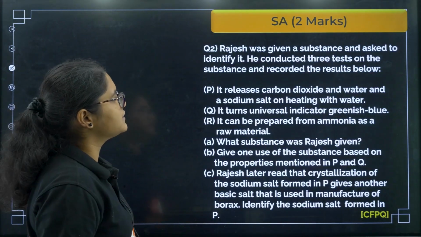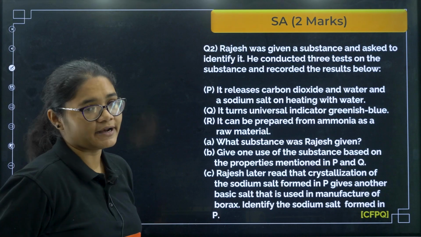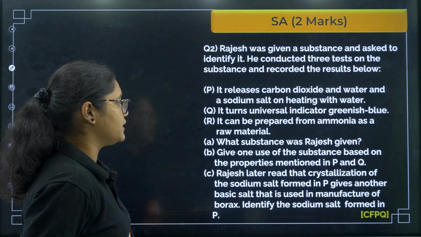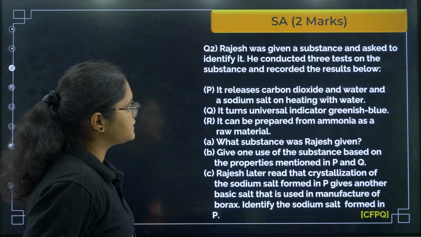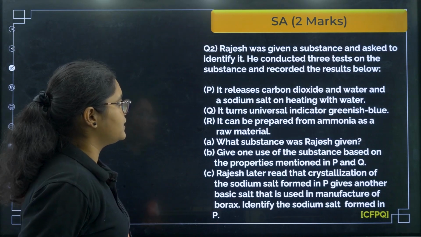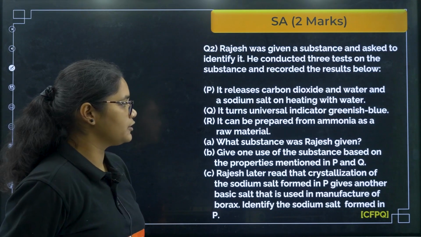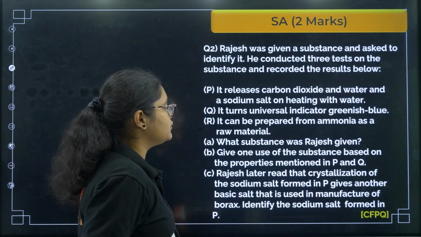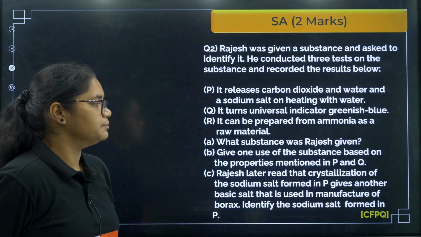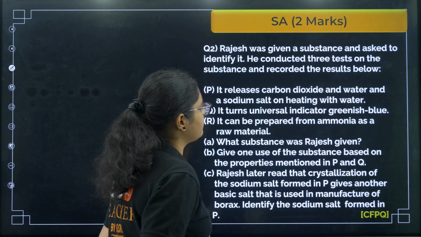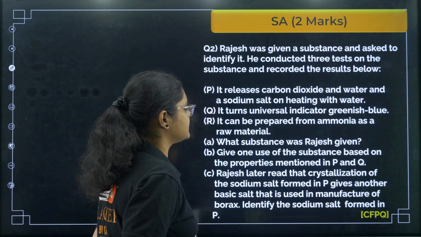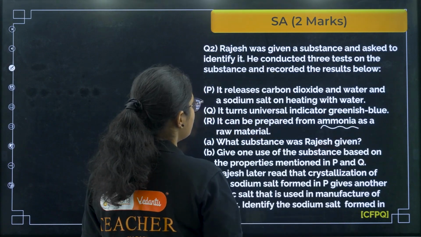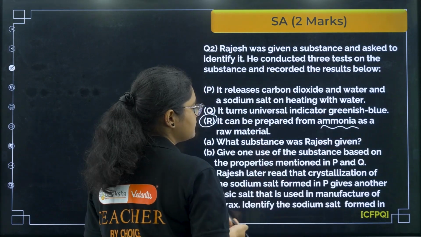Next question. Rajesh was given a substance and asked to identify it. He conducted 3 tests on the substance and recorded the results. It releases carbon dioxide and water and a sodium salt on heating. Then it turns universal indicator greenish blue. Then, it can be prepared from ammonia as a raw material. This is very simple. So this tells that the substance must be